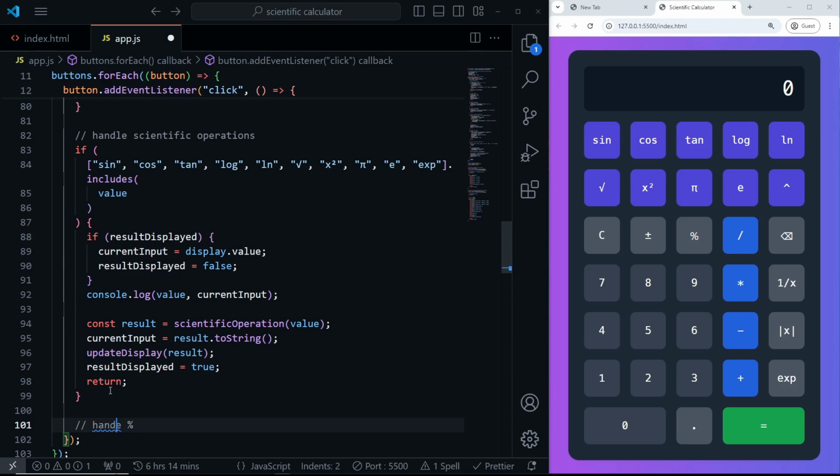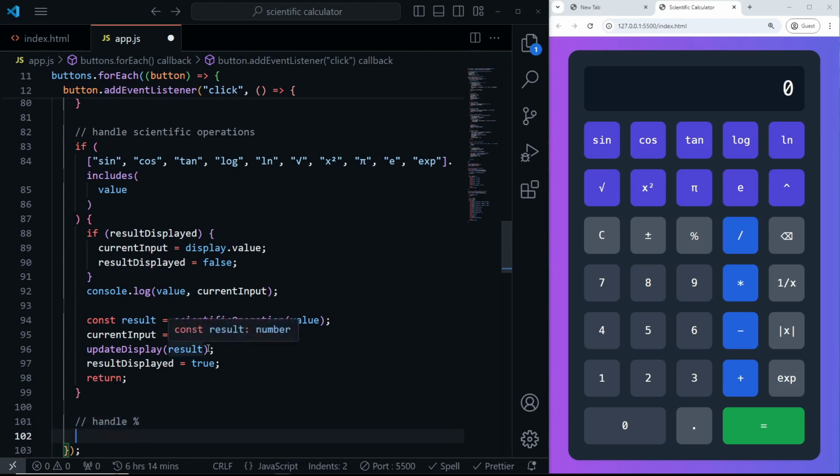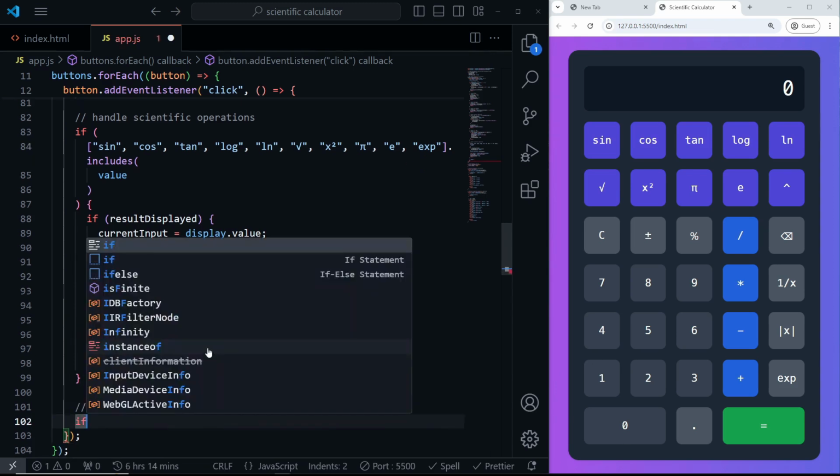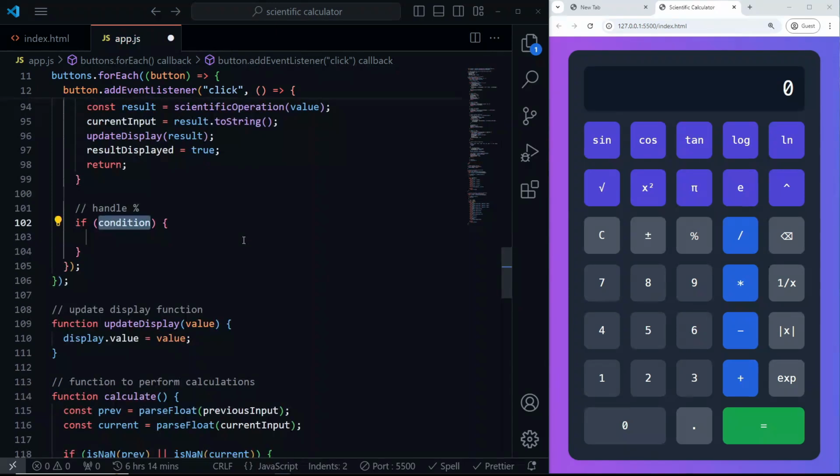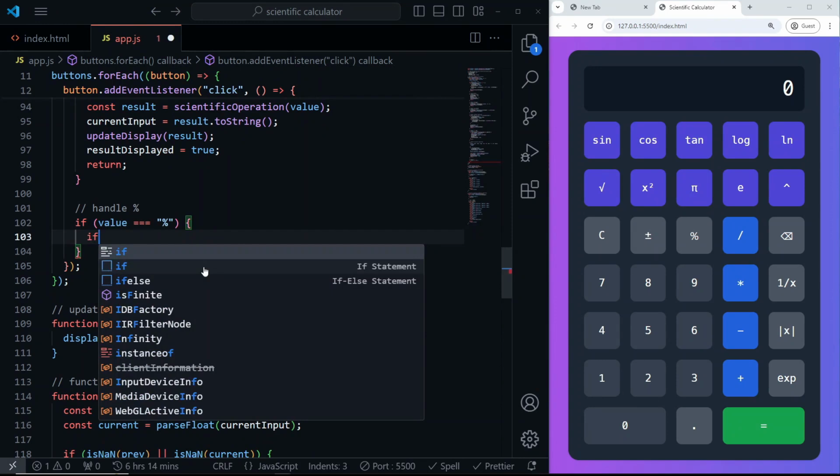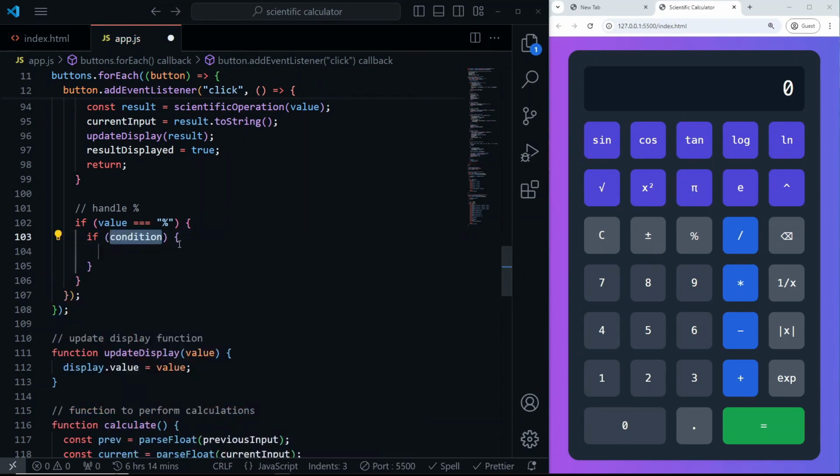Undo. So we're going to say, let me scroll this up, if value is equal to percent. So we check if a result has been displayed. Let's say we have 5 times 5, so a result is currently displayed. If a result has been displayed, then we say current input is equal to